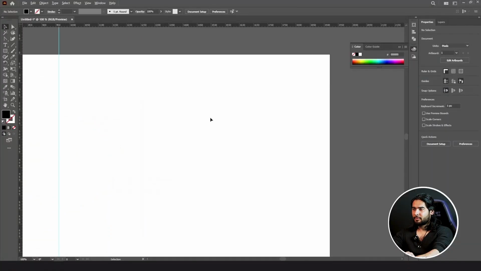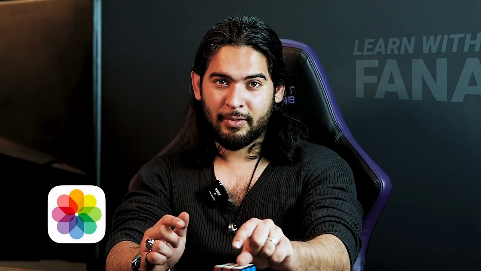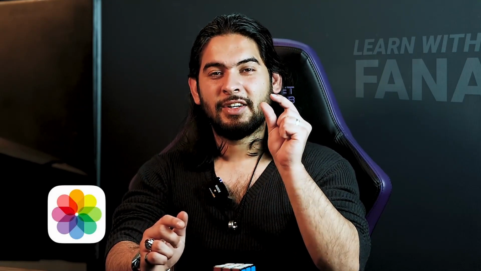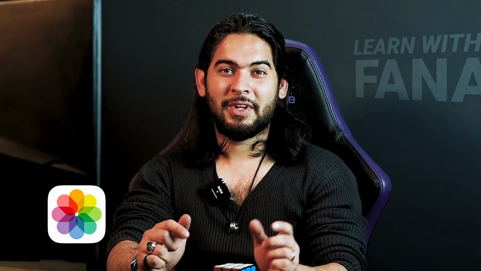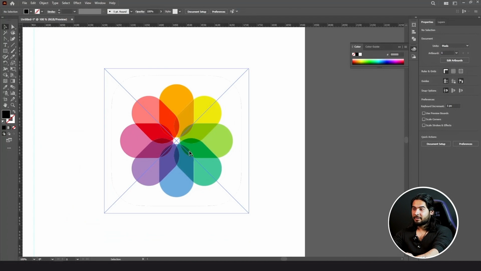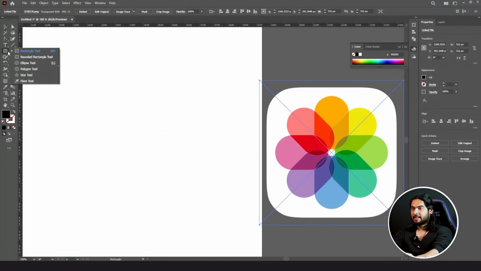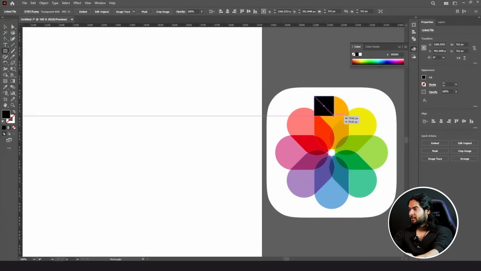What else can we do with the help of the rotation tool? If you guys have seen, and I'm sure of course you have seen the logo of your gallery on your iPhone, it's created with the help of the rotation tool. How? This is the logo of your gallery on your iPhone. First, let's drop it here, come to our rectangle tool. If we want to copy it from here, just draw something like this, only one,